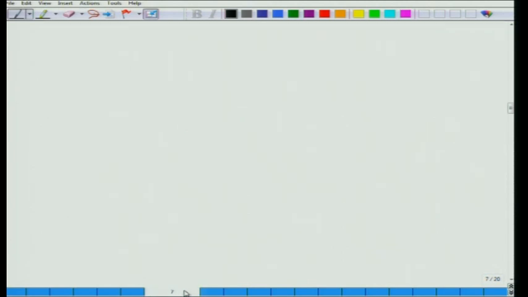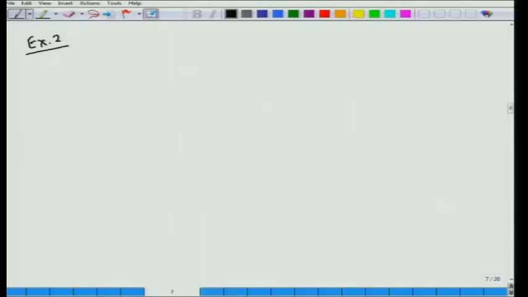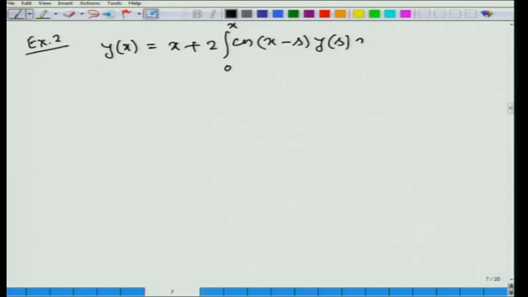Now, we consider one more example, example 2. I am going to consider this example for the reason that here, in order to apply the inverse Laplace transform, we have to utilize the first shifting property of the inverse Laplace transform. So, first of all we write the problem. The problem is y(x) equal to x plus 2 times the integral 0 to x of cosine(x minus s) y(s)